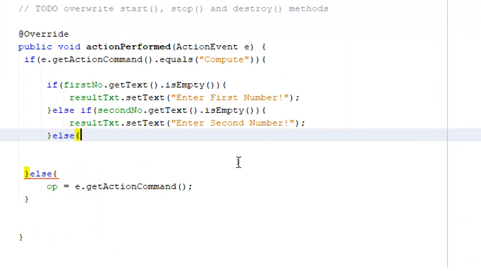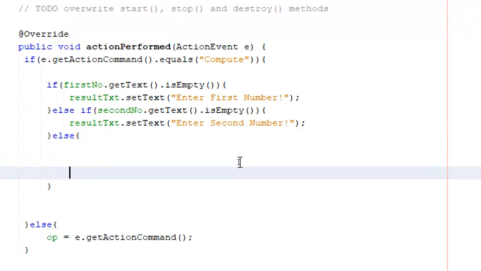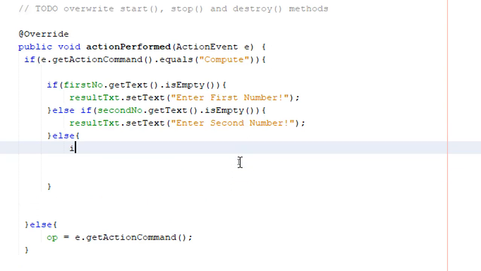Else, let's do the calculation. How do I do the calculation? In order to do the calculation, I am going to take two numbers. First number, I will take it as n1. I am going to read that first number. So first number, get text. This is text.